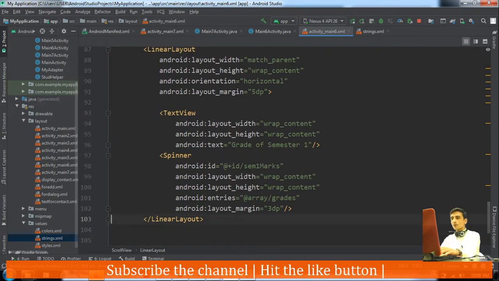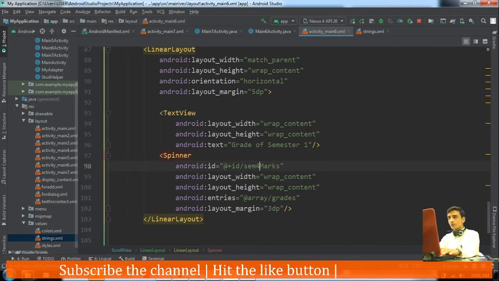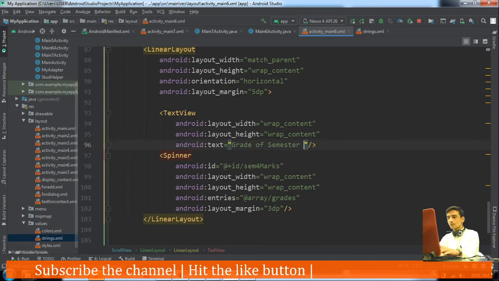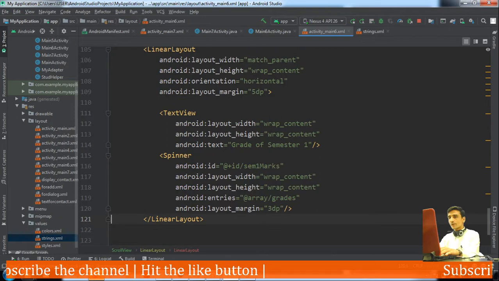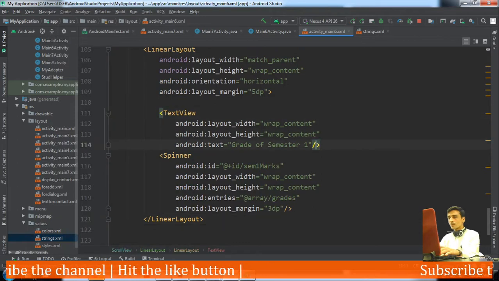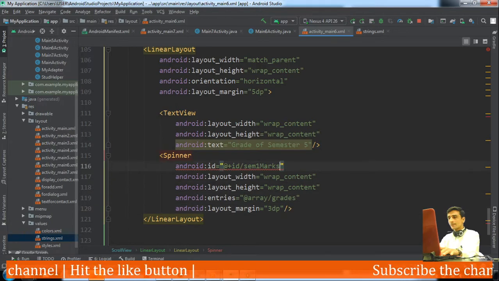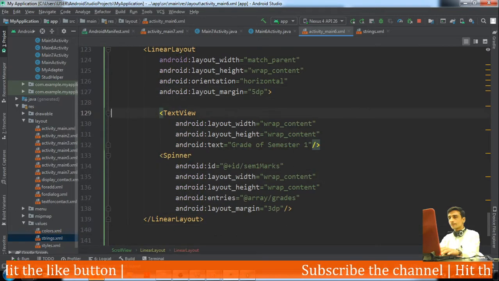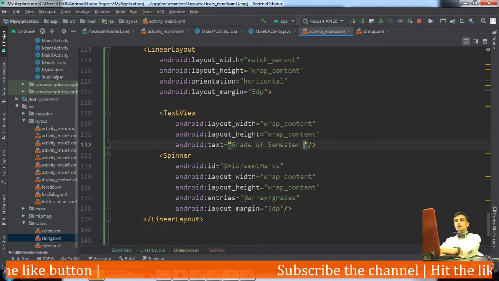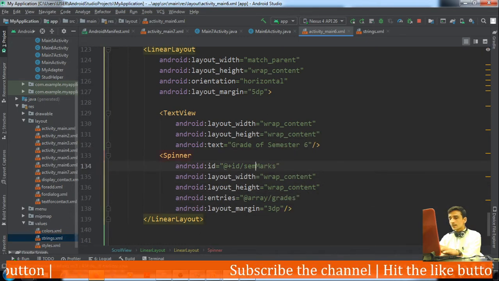Again semester 4, sem 4, and in the text view we would put 4. Then semester 5, grade of semester 5, and here sem 5 marks, and finally semester 6, grade of semester 6, and here sem 6 marks.